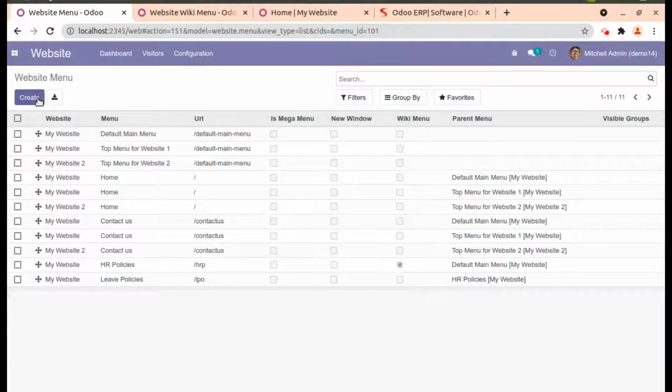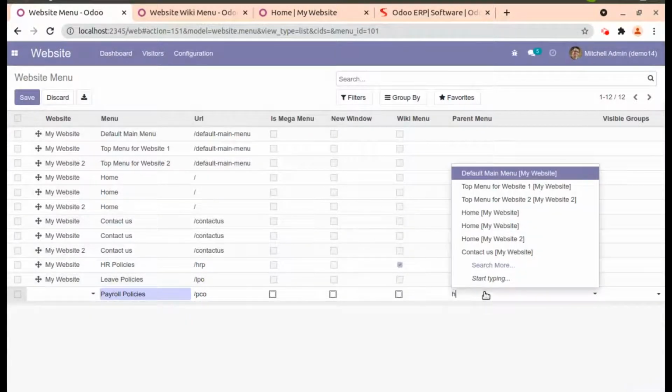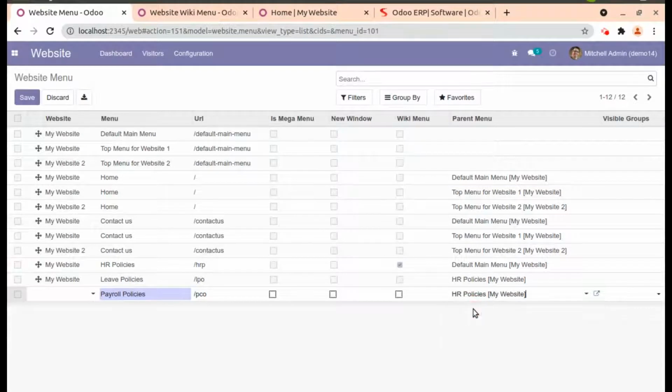Now let's create one another menu of, let's say, payroll policies, and that will be PCO if I'm giving it. And I will be putting the same HR policies, my wiki menu, that main menu as my parent menu, and select my website.